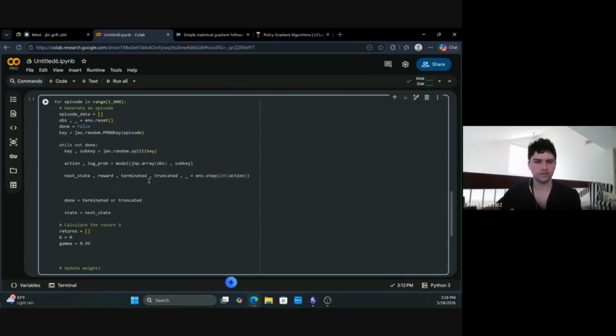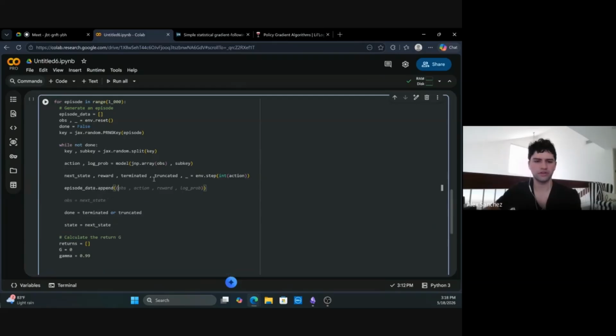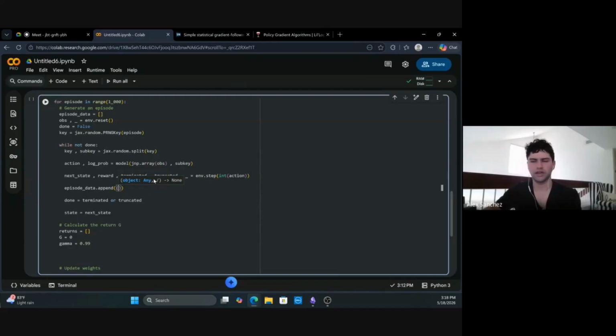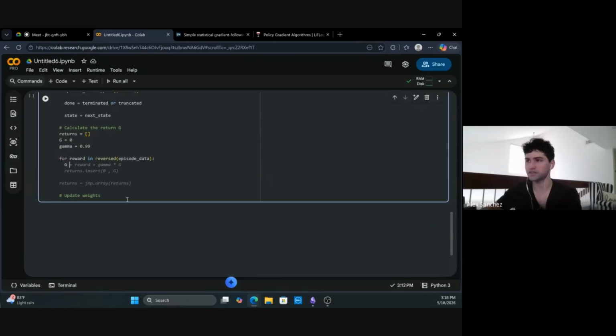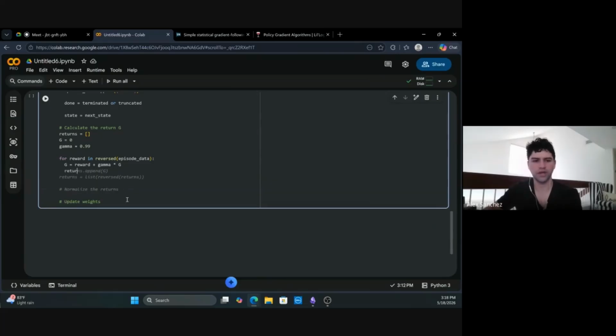And in episode data, I'm just going to append the reward. You can append other stuff, and I did, and I'll show you guys in the repo. But for now, let's just append the reward, because we want, for every reward in the reversed episode data, right? So we want to start at the end. What we want to do is update G by this, just like that. And then we're going to append